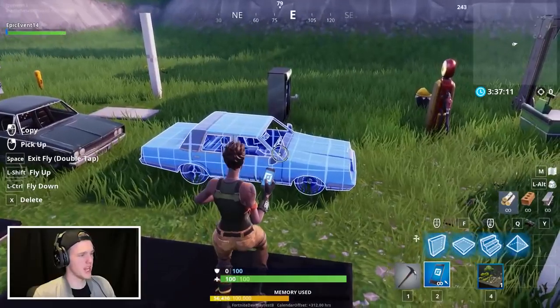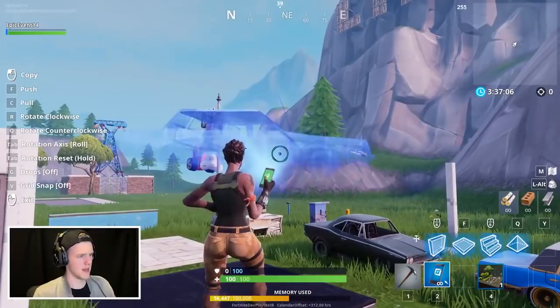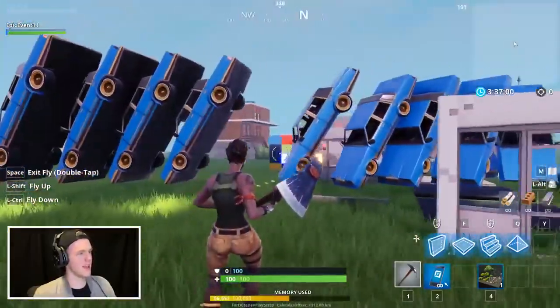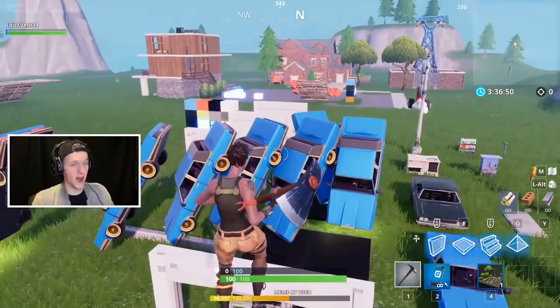So let's show you how this rotation can be used with props that you already know in games. So let's turn grid snap off and let's just rotate it a bunch and just drop one off there. You can just make 1,000 cars. Like, the possibilities are endless. And I know all I did was just rotate a car and spam it 10 times, but I'm not that